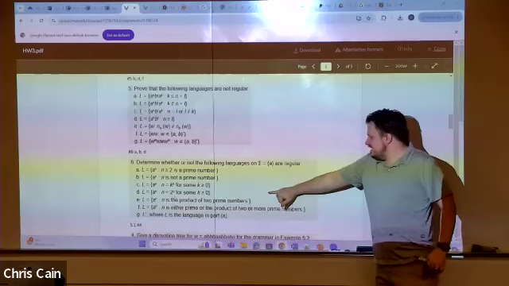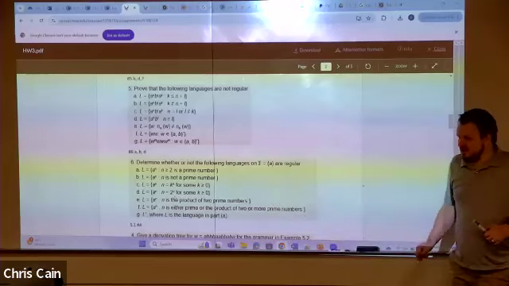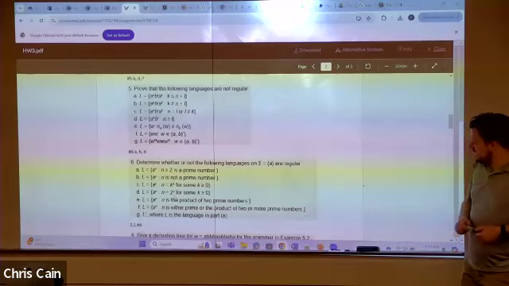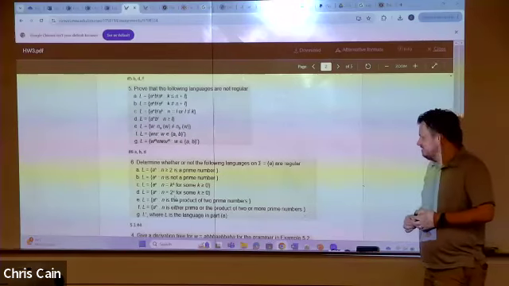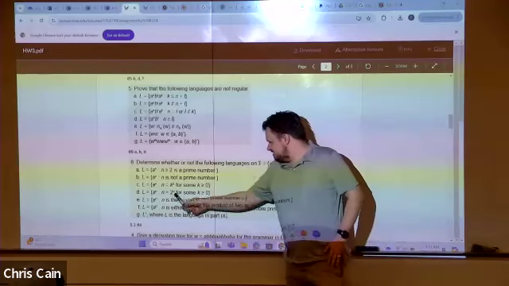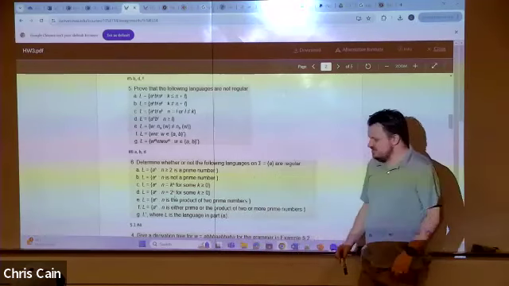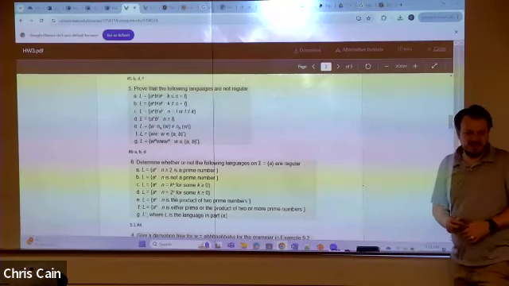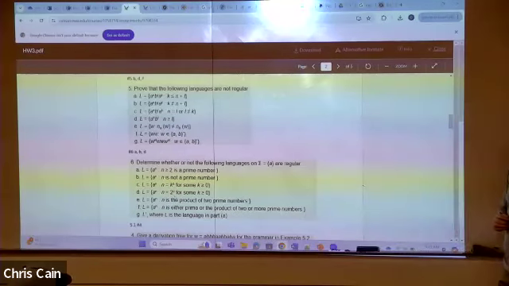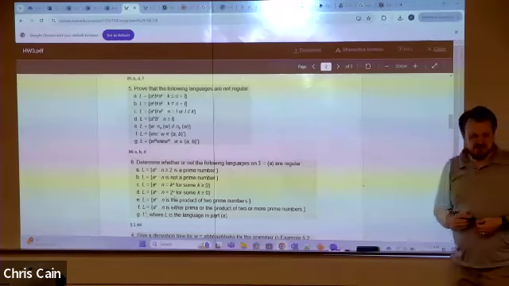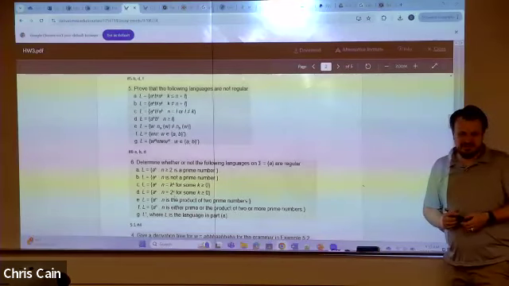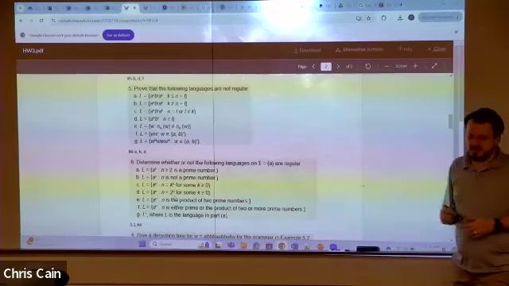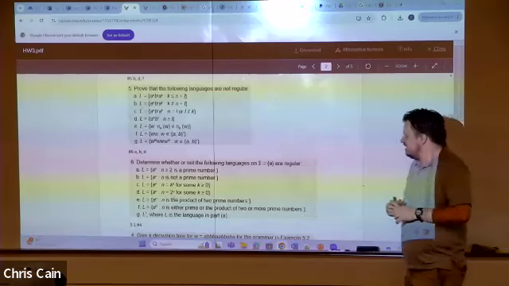So we're doing 6D at the moment from the homework. What would the pumping lemma look like for a to the n, where n is 2 to the k, so some power of 2? We're going to accept all strings with a power of 2 number of a's. We're going to reject all strings with a non-power of 2 number of a's. So we're going to proceed with a proof by contradiction. So we would write something like,